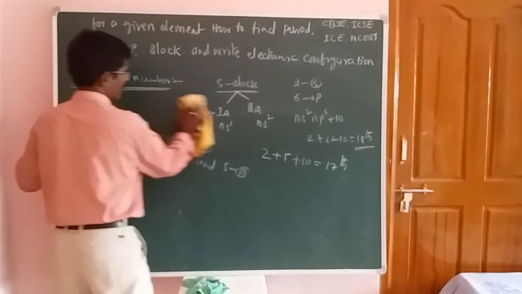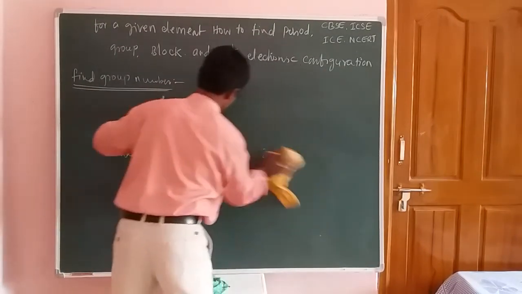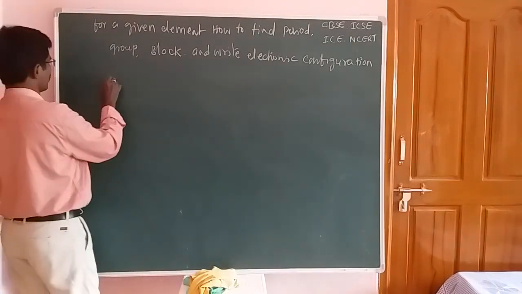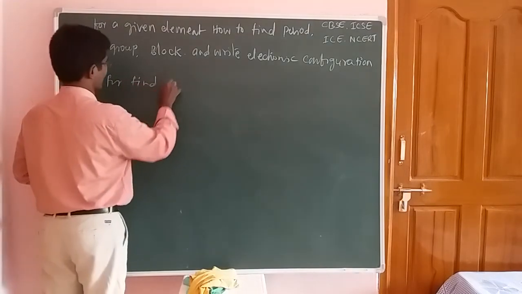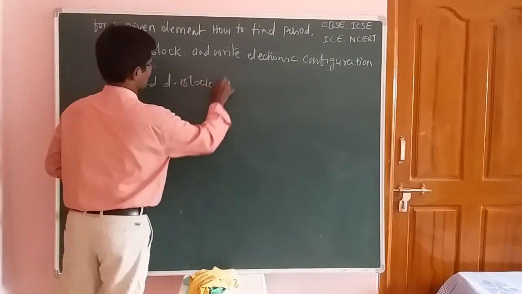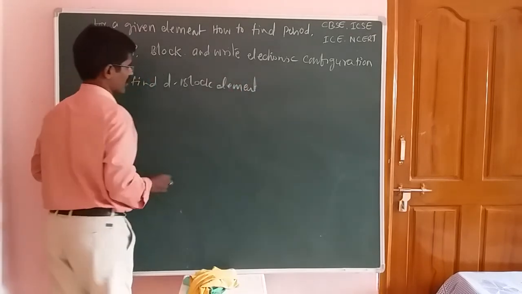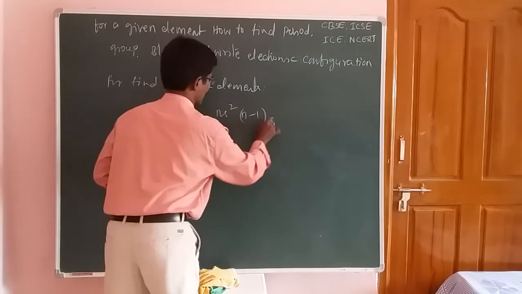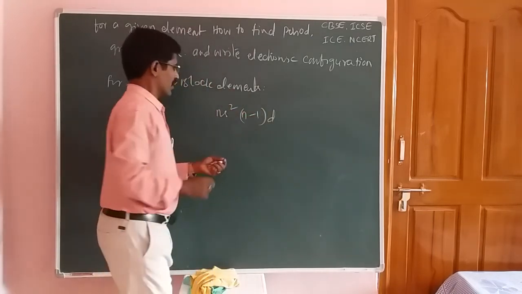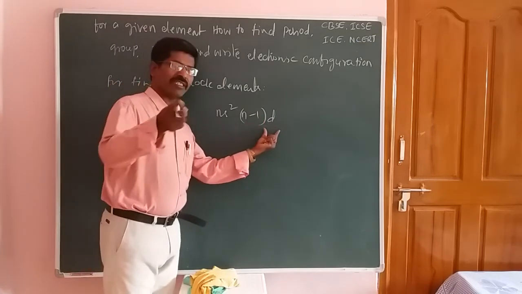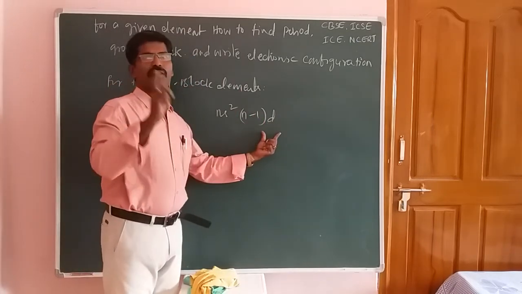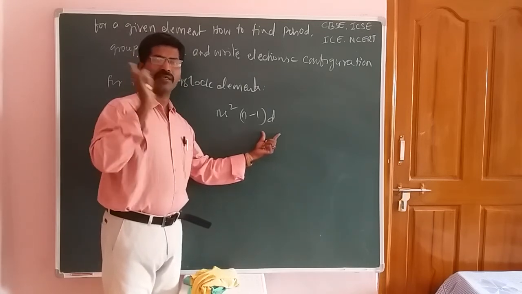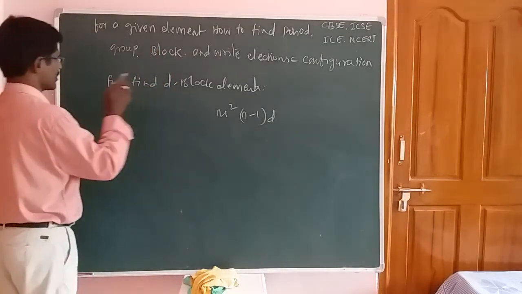Students, last 2 minutes. Now, using the remaining 2 tricks for the remaining 2 groups. The first one is the D block elements. To find D block elements, you have to use ns2 (n minus 1)d. Depending upon the number of electrons present in that d orbital, you decide the D block elements. 1 electron, first B group; 2 electrons, second B; 3 electrons, third B; fourth B, up to 10. Now this is for the d orbital.